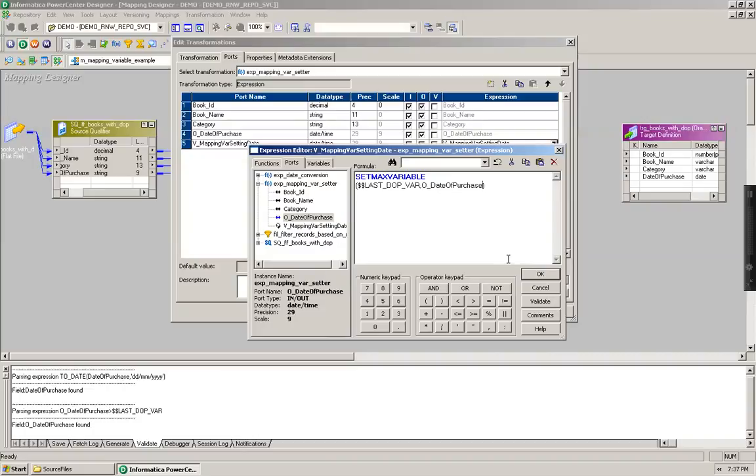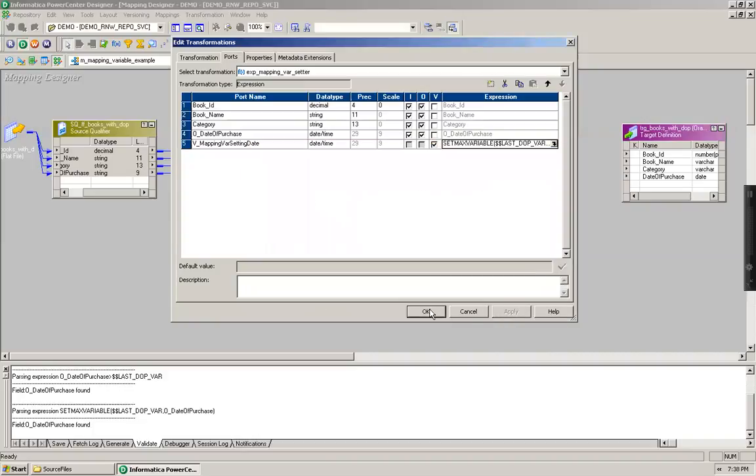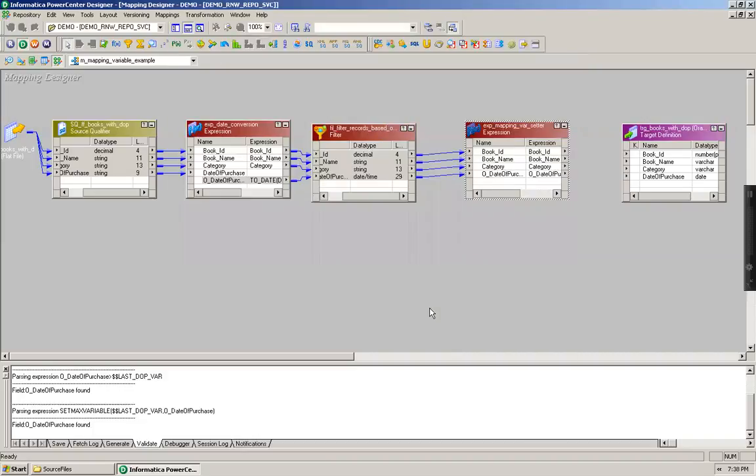Now on the very first run, this is not set, but once my one session execution runs, it will get the value based on the input transaction records' date of purchase. So let's validate this, say okay, apply this, and whatever data I'm getting from this expression transformation, I'm going to push this to the target.